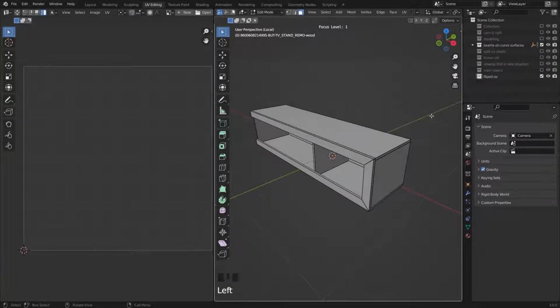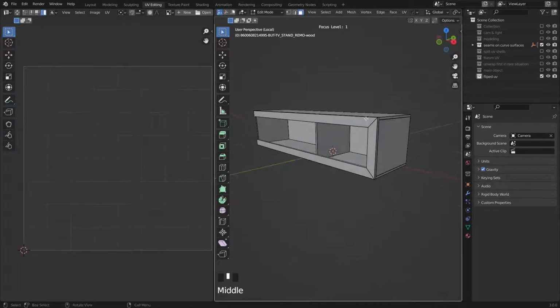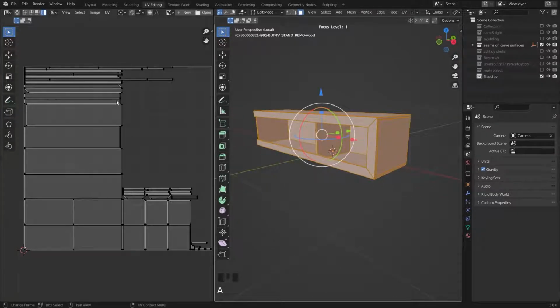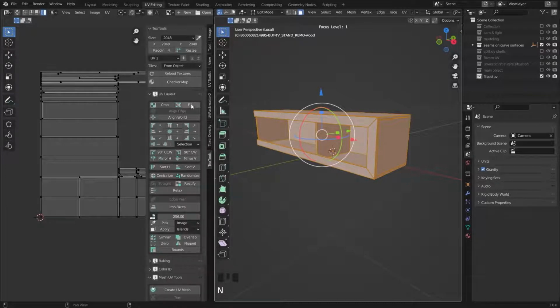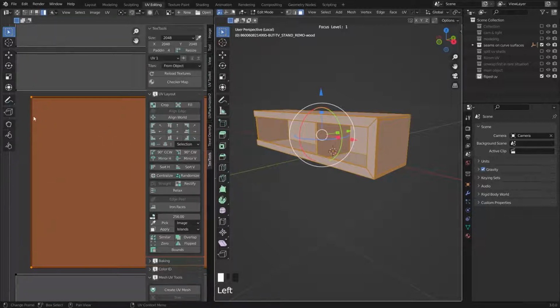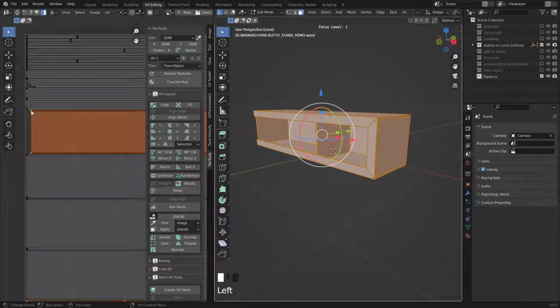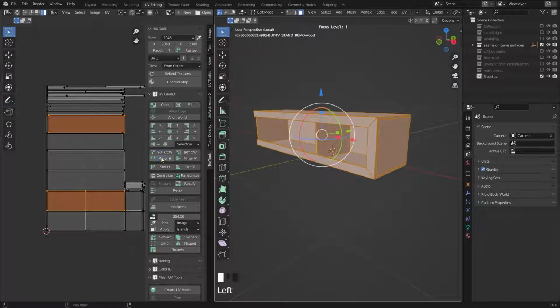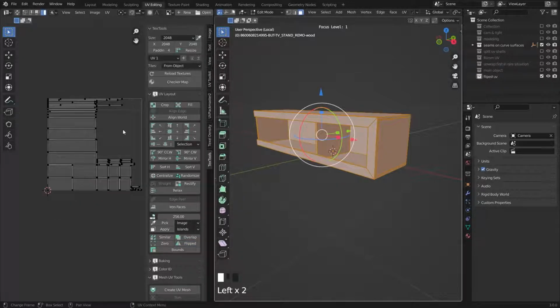Okay, next is to get rid of any flipped UVs in our unwrap. If I select this object, hit A, and I use the texture tools to discover my flipped UVs. Here I click on flipped. You can see I have 2 UV shells that are flipped, so I should mirror them to make them correct. So I hit mirror in the horizontal, so I mirror them, and if I click on flipped, you can see I get rid of all flipped UVs.